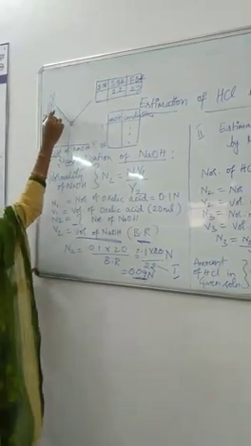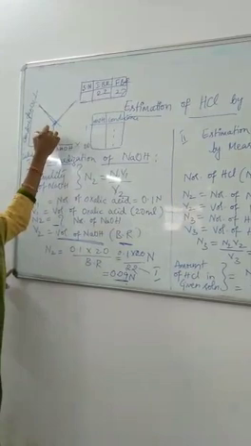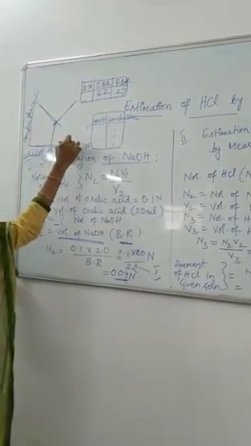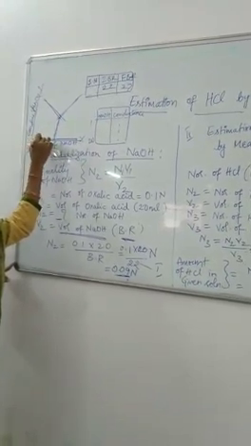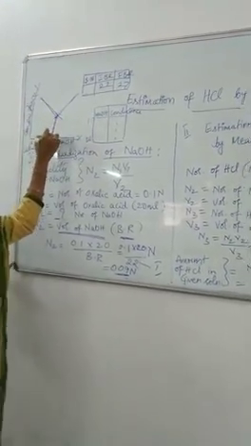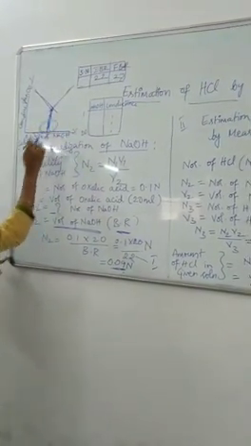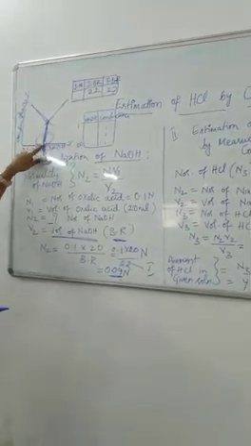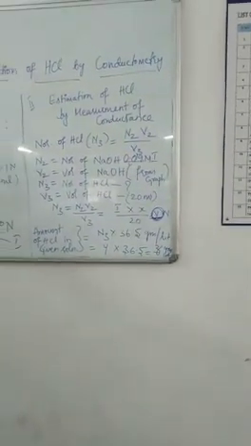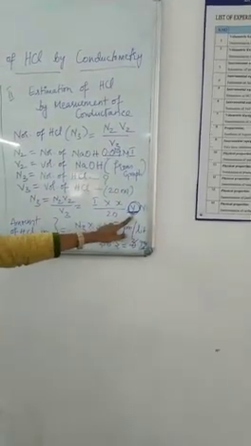At the intersection of the two lines, the line drawn towards the x-axis gives some ml, which is the volume of sodium hydroxide. The point of intersection of the two lines is the value that should be taken during the calculation. That gives the volume of sodium hydroxide from the graph, and after doing the calculation we get some value.